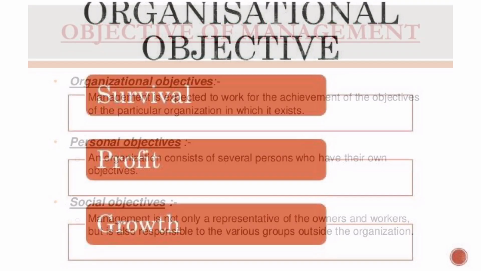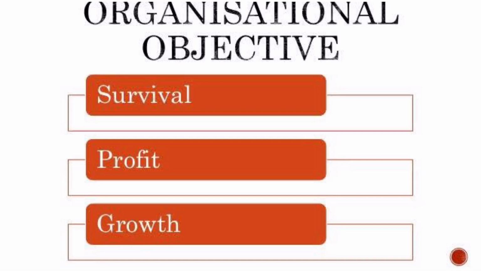Talking about the foremost one, organizational objectives. There are three types of objectives under organizational objectives, that is survival, profit, and growth of an organization. Organizational objectives basically refer to the utilization of human and physical resources available in the organization, considering the interest of stakeholders. The first one is survival, that the business must survive for a longer period of time. Profit definitely plays a very important role in facing business problems and in the successful running of the business. So it must be ensured that the management earns adequate profits. The other one is growth,